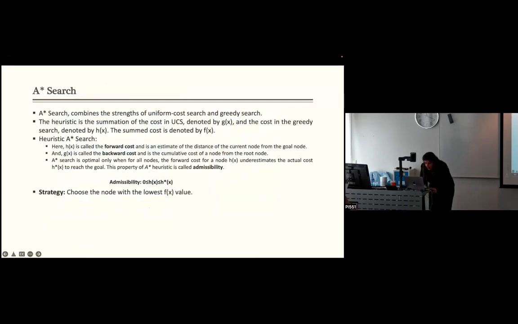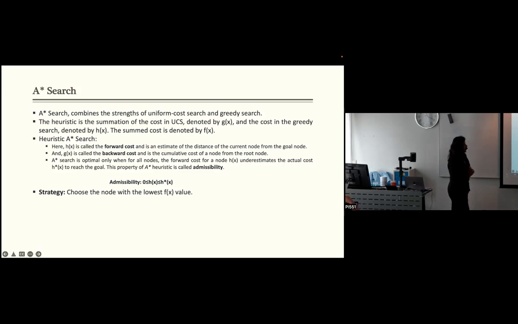So the next is A star search. What is the A star search? It's a combination of the advantages of uniform cost search as well as the greedy search. Still, the greedy search has some limitations, but it will overcome the limitations of both uniform cost search and